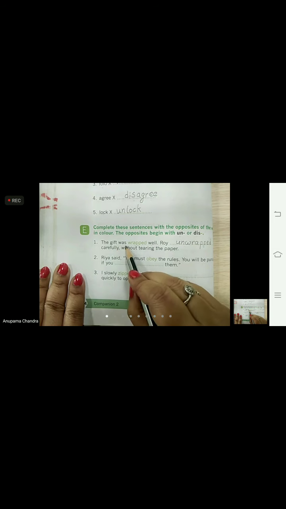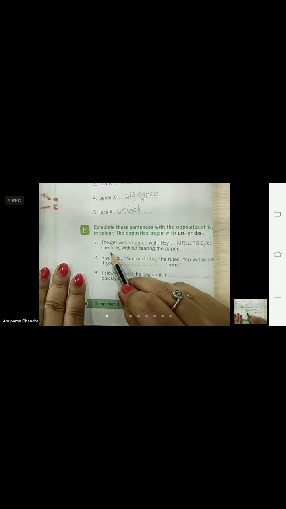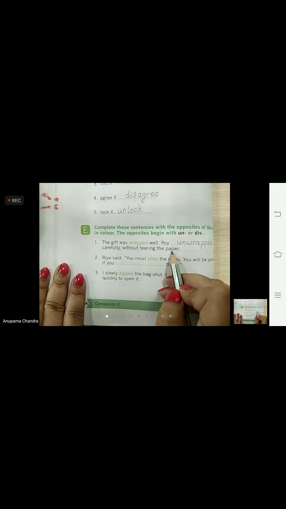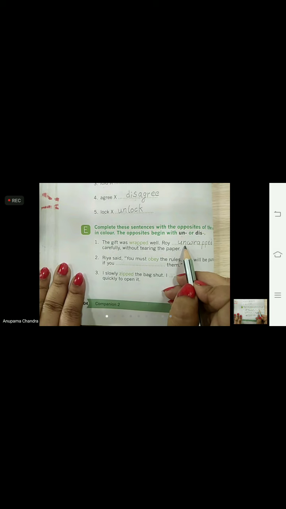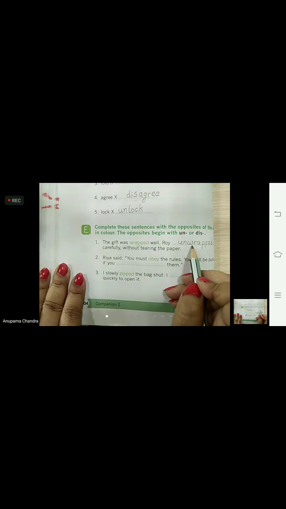The gift was wrapped well. Roy unwrapped carefully without tearing the paper. So by adding un, we made the antonym for wrapped: wrapped, unwrapped.